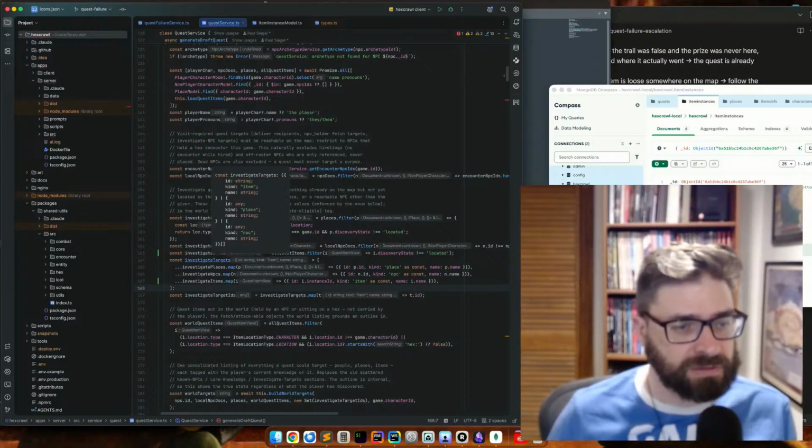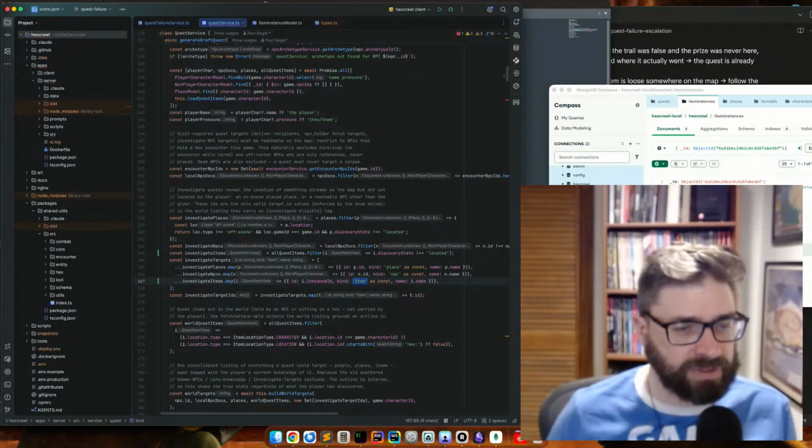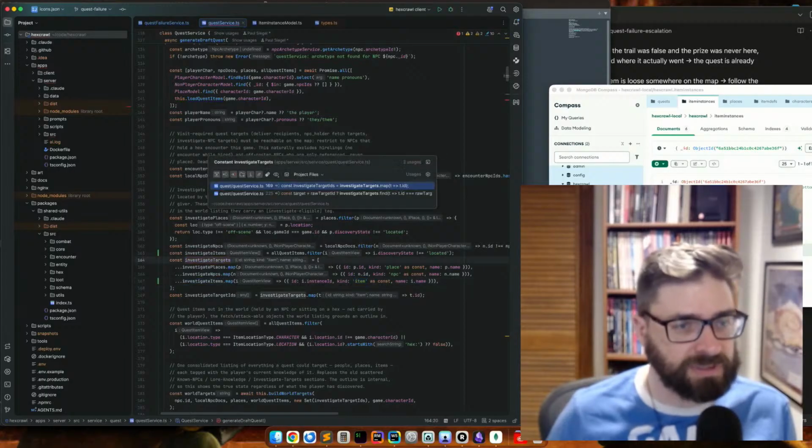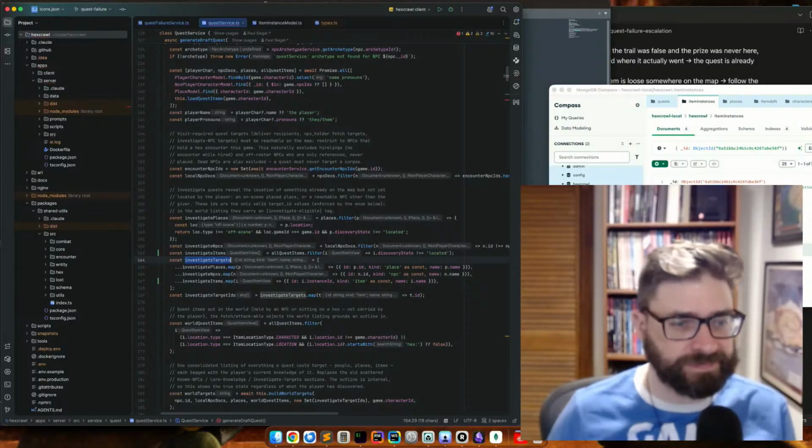Kind. Investigate item targets. I'm just trying to figure out what the data type is of this investigate targets that I am building. Seems to be on the fly, kind of figuring it out.